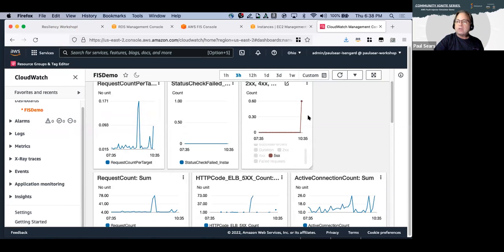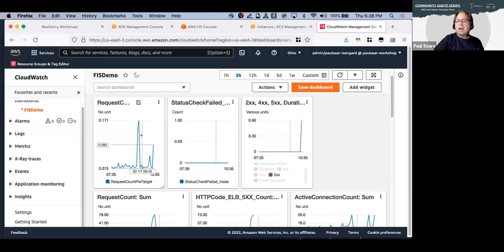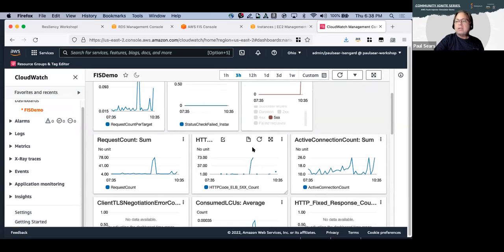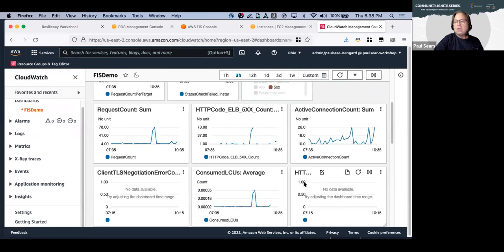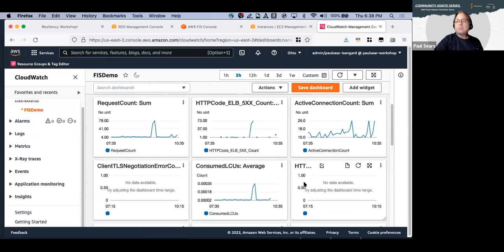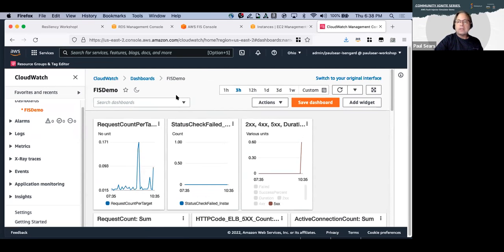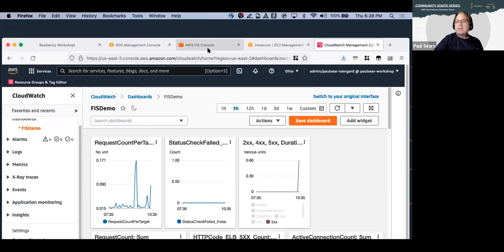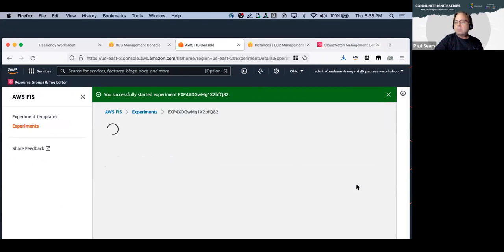But you start to see 500 errors showing up. There's errors showing up and stuff. You can actually alarm on these things, check on this, and tie it into the experiment as well, and make certain complex decisions in your experiment process. Okay, so, oops, I can't see my menu bar again. Here we go. So back to here again, you'll see the experiment has been completed,